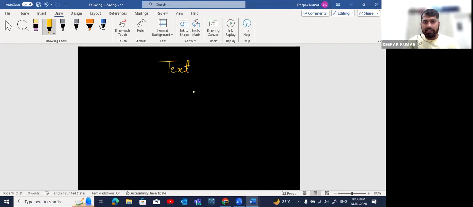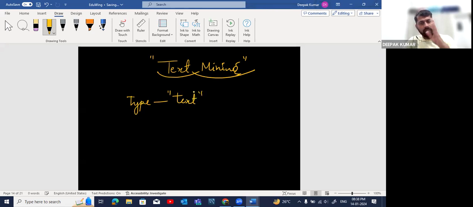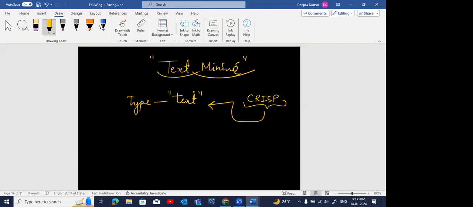So it's all about text mining. Any idea, anyone? We have covered data mining, out of which the type of the data is considered as text, and the whole six-phase CRISP technology is definitely going to be implemented over here also, provided